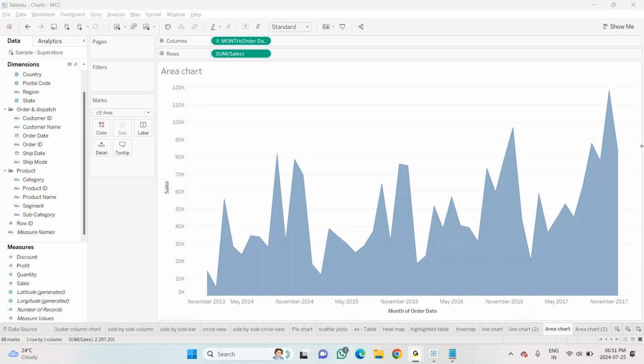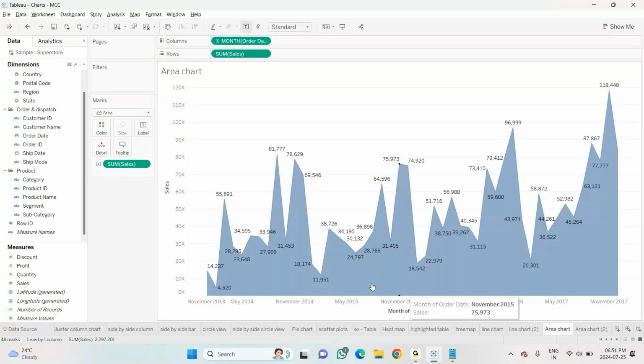Okay. Now see, in the same thing, I'm just making a little change. So this is showing me the sales, but how much is the sales? To know this, I'll take the sales and put it into labels. So the corner, the tip of this, you can see what the sales amount is wherever there is a corner, like points. Points wise, it will show you the sales at what level it has increased or decreased.